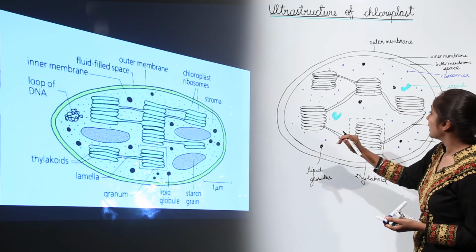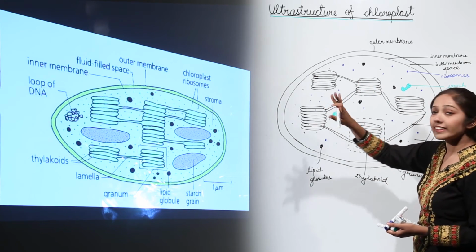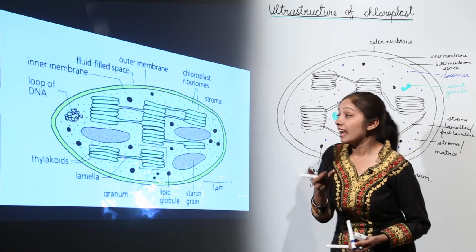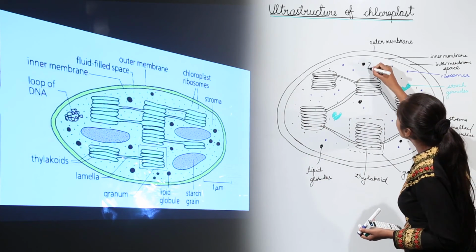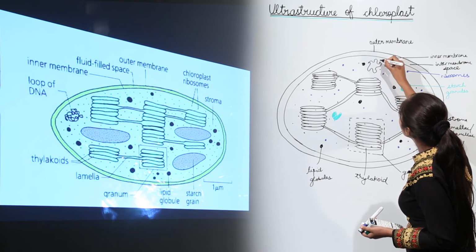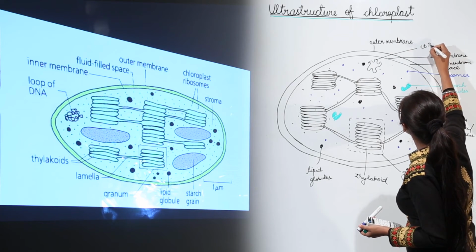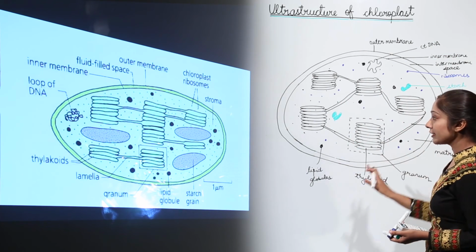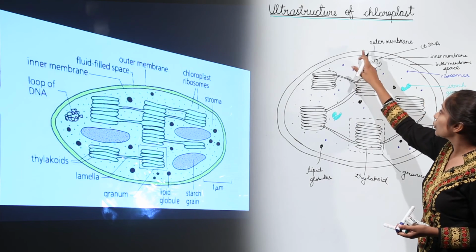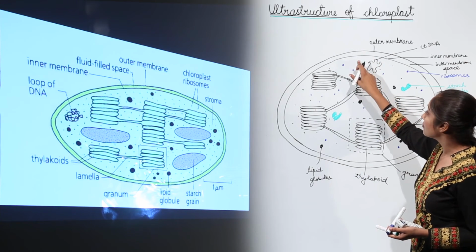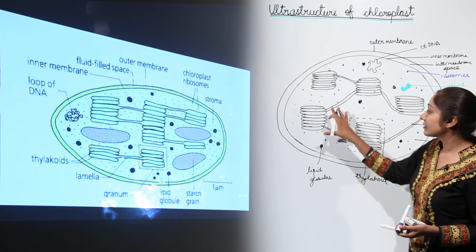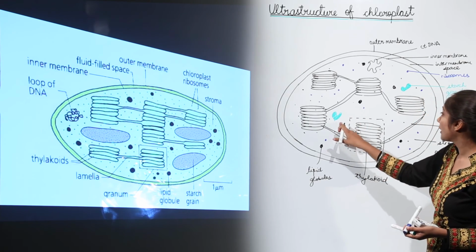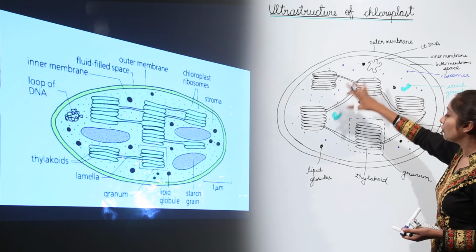Okay. So after this, one thing that is very important and is missing over here is the genetic material, and that is generally chloroplast DNA. It is circular. So you can label it as ctDNA, that is chloroplast DNA. This is how you are going to draw this. Remember that first of all draw the outer membrane and inner membrane, then stroma or matrix, then these discoid thylakoids, or you can say a granum, then these lipid globules, starch granules, and this chloroplast DNA. You need to draw all of them.